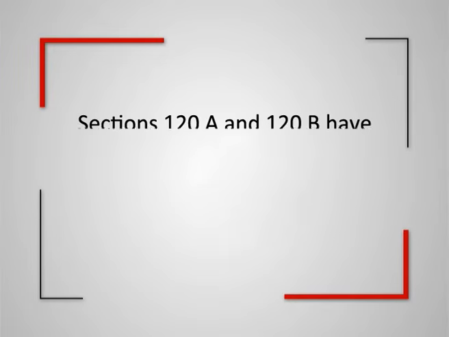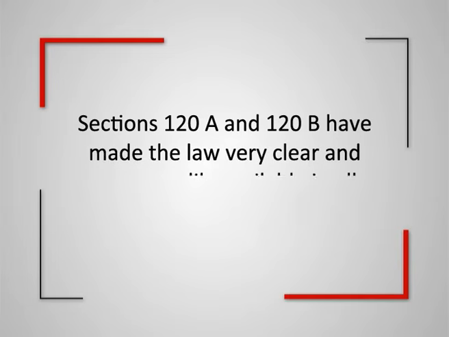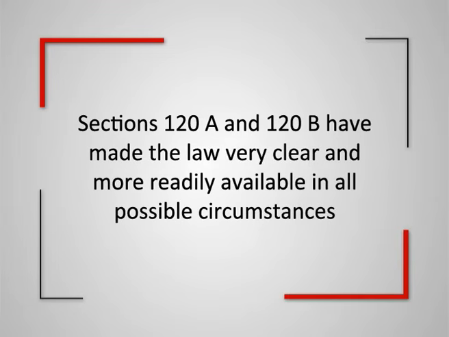Past experience showed that dangerous conspiracies were entered into in India whereby an anarchical situation was created and the then existing law was inadequate to deal with them. The amendment of 1913 was therefore designed to assimilate Indian law to English law with additional safeguards that in the case of conspiracy other than a criminal conspiracy, some overt act is necessary to bring the conspiracy within the purview of the criminal law. These new Sections 120A and 120B have made the law very clear and more readily available